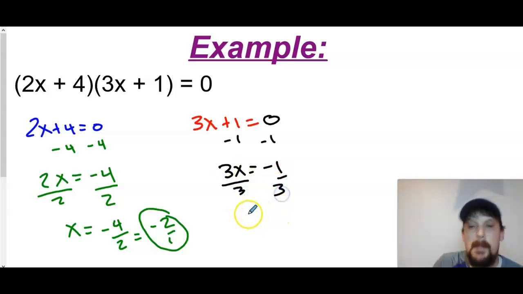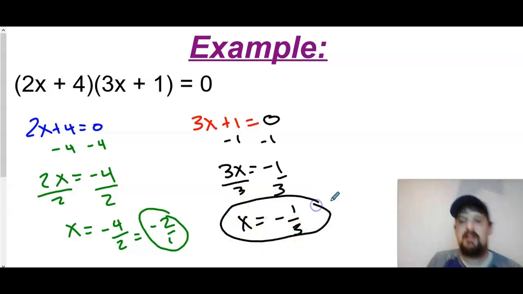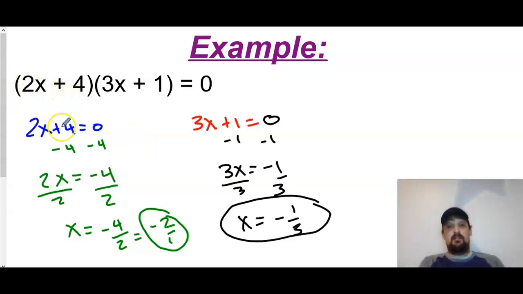Divide by 3. And we get x equals negative 1/3 for my second answer. Now if you notice,